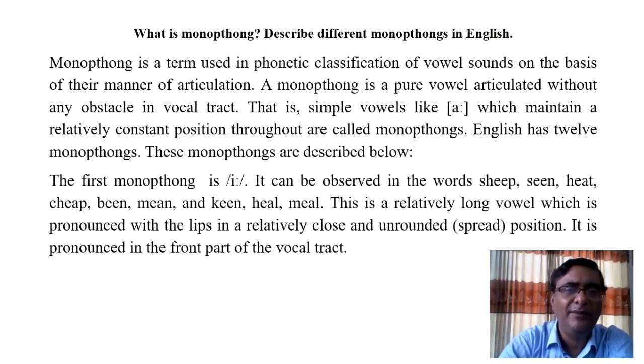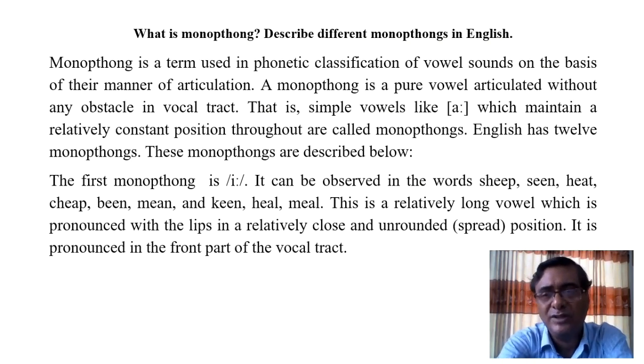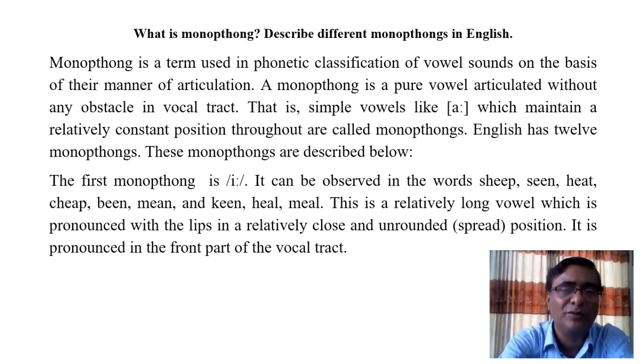Vowels which maintain a relatively constant position throughout are called monophthongs. English has 12 monophthongs. These monophthongs are described below. Now the first monophthong is E. I was telling you, from now onwards, never say shoryo and never teach your younger sisters, brothers, and in future your children, never say shoryo, shoreya, roshoi, dirghoi, never say that. Say o, a, e, e, u, u. Because